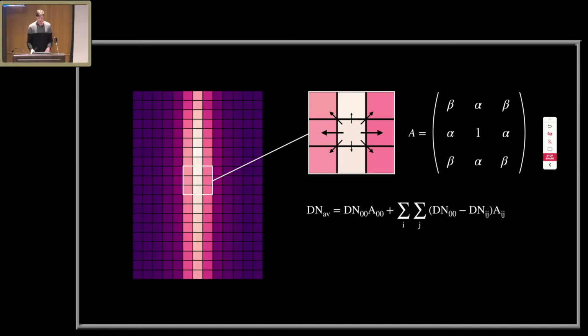And then, okay, here's an equation, but I'll just talk you through it very quickly. What I'm saying is that the data numbers you should have received in that central pixel are the data number of the central pixel plus this perturbation, which is the difference between that pixel and an adjacent pixel multiplied by either an alpha or beta, depending on whether you're on the corner or you share a side. And then you can just learn those alpha and betas by taking any data that you have in hand and optimizing them such that you linearize the slopes, with any kind of loss function you want, but I just use L2 loss. And then with those new data numbers, you can just put them